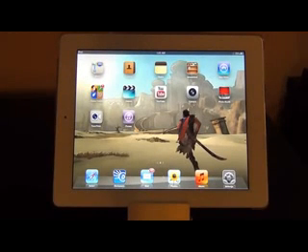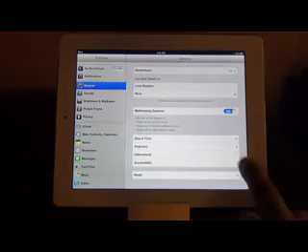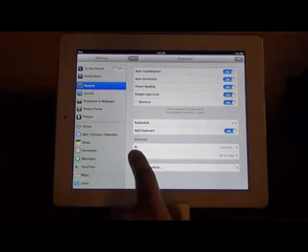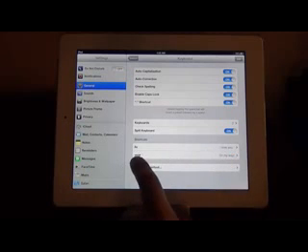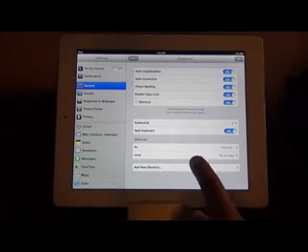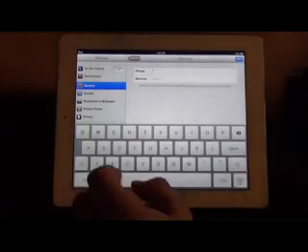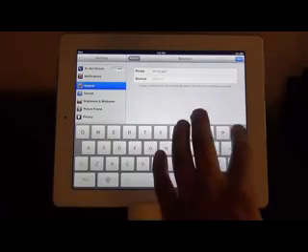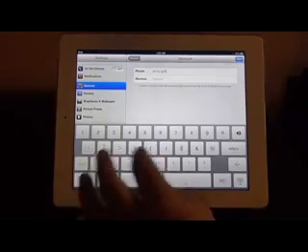Okay, so we come to the final secret where you can actually create keyboard shortcuts for long phrases that you use over and over all the time. Let's demonstrate this to make you understand better. Go to Settings, and then in General, go to Keyboard. At the bottom, you'll see a place called Shortcuts. As you can see, ILU is assigned to I Love You, and OMW is assigned to On My Way. Let's make a brand new one. The phrase I want to create is Oh My God, and I want to assign a shortcut to this saying OMG,